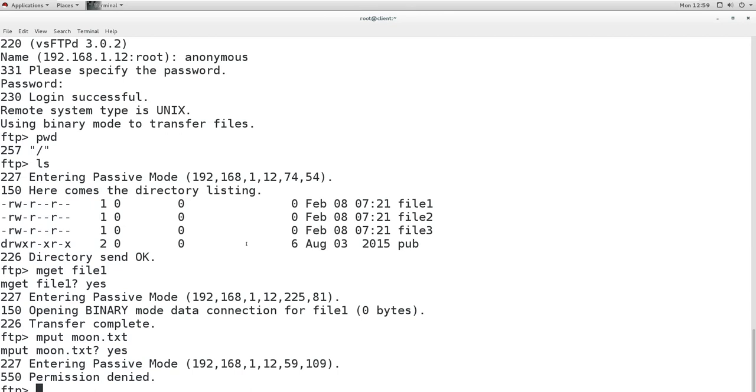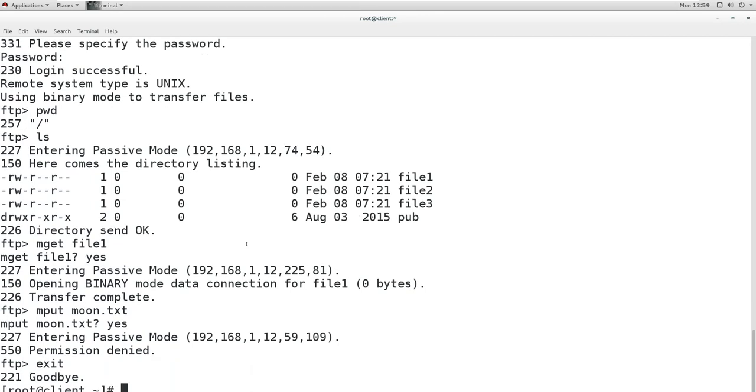So this nobody can only download files but cannot upload files, because you don't want to allow anybody or nobody to upload anything to your server. It could be harmful for a server. So by default it is not allowed. Anonymous can only download but it cannot upload anything.